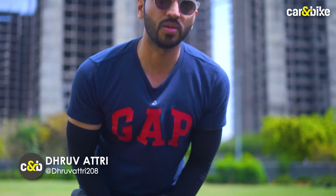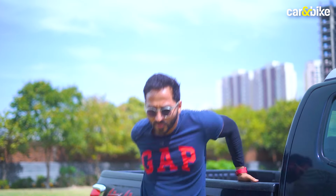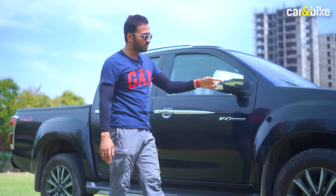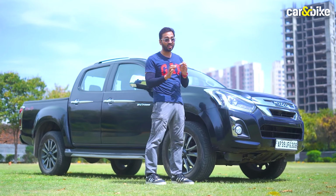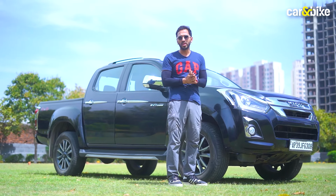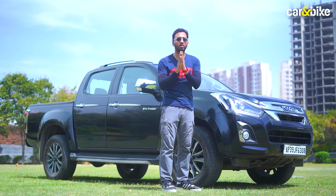The lifestyle pickup truck market in India is quite small, and a lot of offerings that were there in India didn't survive for long. But one that has stood around for quite a bit is the Isuzu D-Max V-Cross. Launched nearly a decade ago, this thing has stood the test of time, and we have had it for around a few weeks, and we have driven it extensively to tell you what are the pros and cons of this